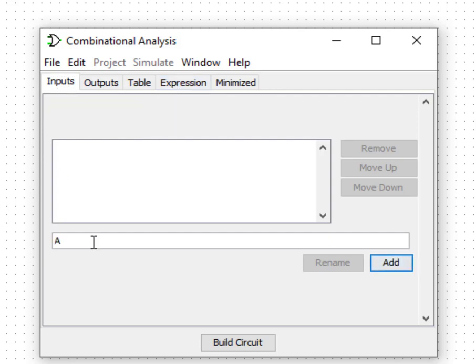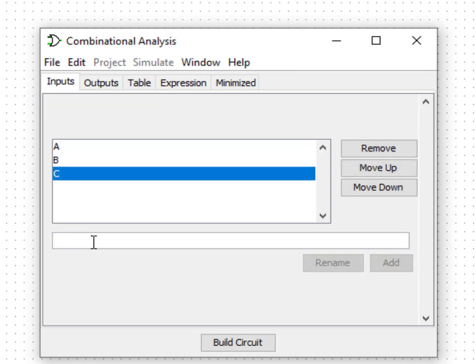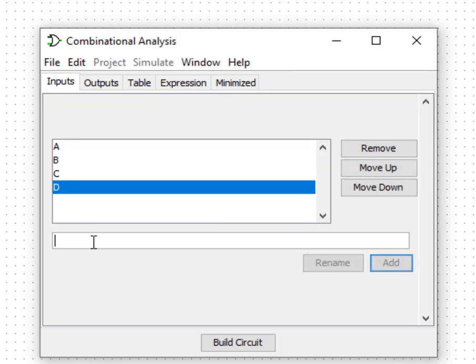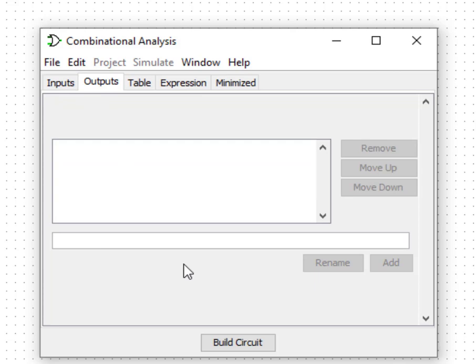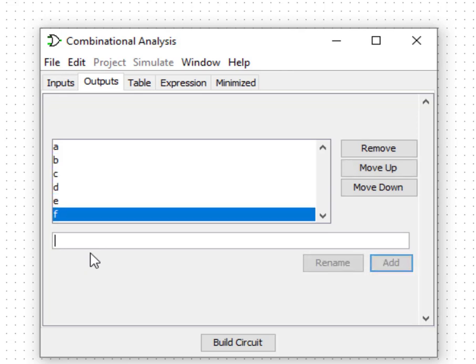Let's start it. A, B, C and D are my inputs. My outputs are A, B, C, D, E, F and finally G.